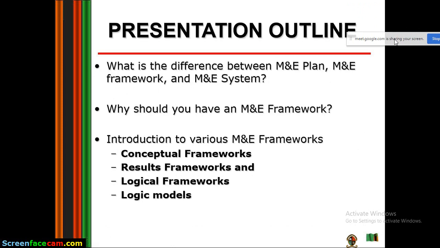The presentation outline therefore follows this. We need to know what an M&E plan is, which we discussed yesterday. An M&E plan is where you are going to document everything, starting from the mission of that organization, the vision, the overview or rather the background of that organization. You are going to talk about your objectives, the expectations,